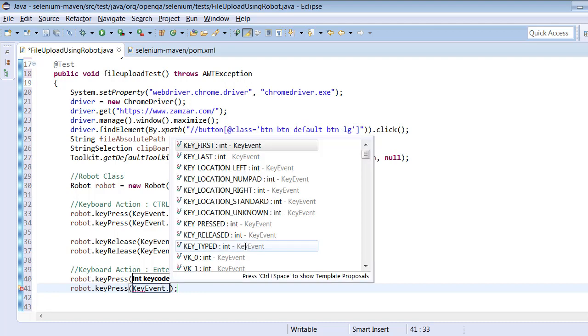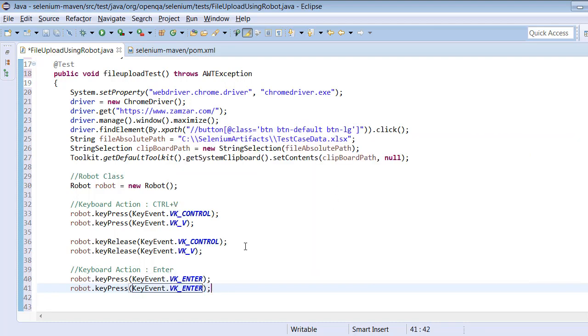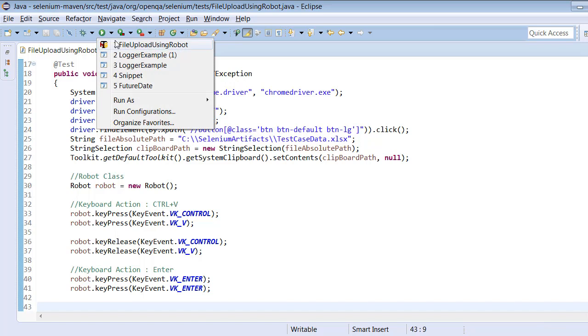Key event dot release. Yes, that's it. So two keyboard actions to achieve this functionality. Very easy, very simple. Only thing is we have to write a robot class to achieve file upload functionality. So let me save, let me execute this program to see how it will work.